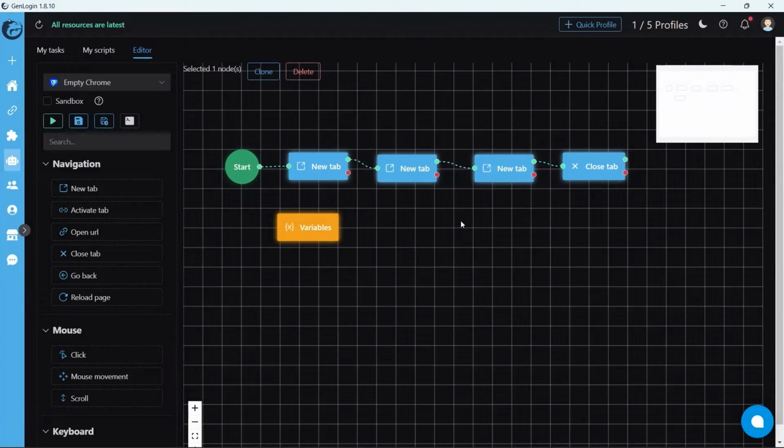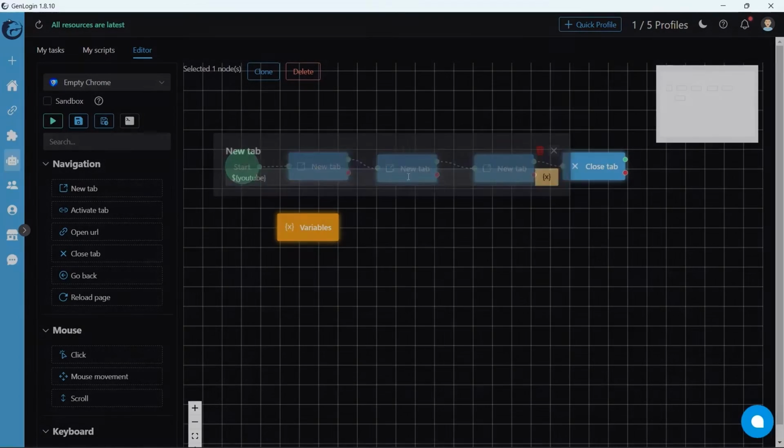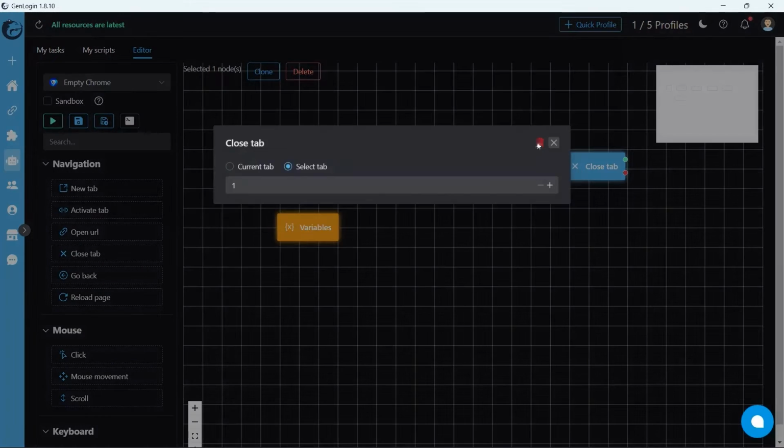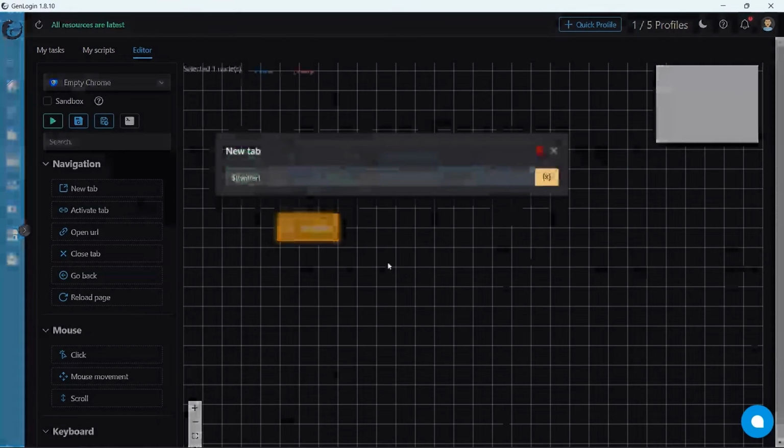Automation often open a lot of tabs. So how to switch to the tab we want? The answer is Activate Tab button. I have created 3 new tabs. The first tab is an empty tab. The next 3 is Twitter, YouTube, and Facebook. The question is how to switch to tab number 3.